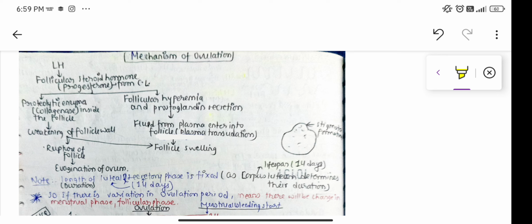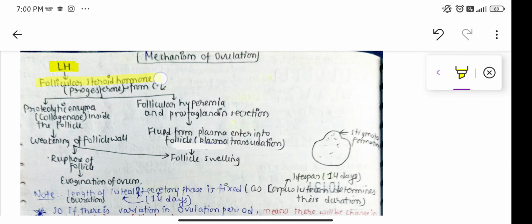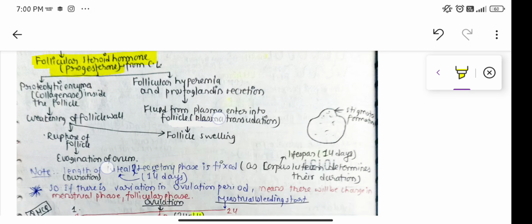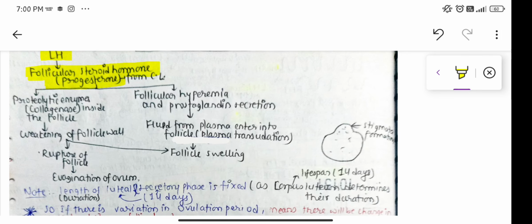Mechanism of ovulation. Ovulation actually occurs finally due to the LH surge. First there should be an LH surge. Due to the LH surge there will be release of progesterone. Now this progesterone acts on a proteolytic enzyme, a collagenase, which is present inside the follicle, and it will cause weakening of the follicle wall, and due to the weakening of the follicular wall there will be rupture of the follicle,